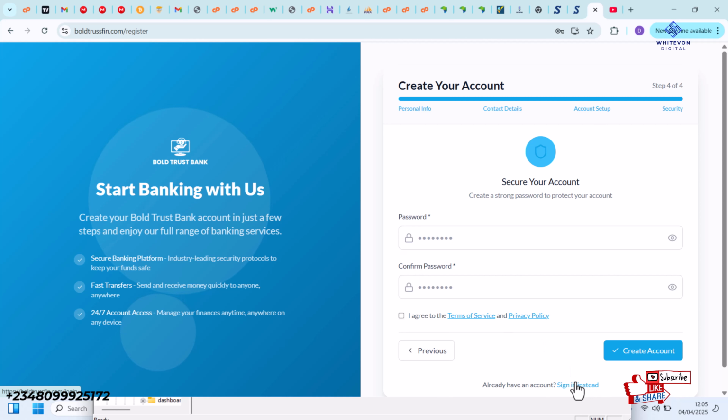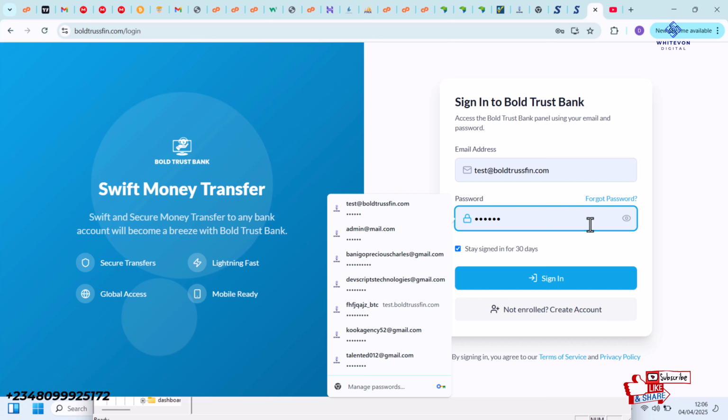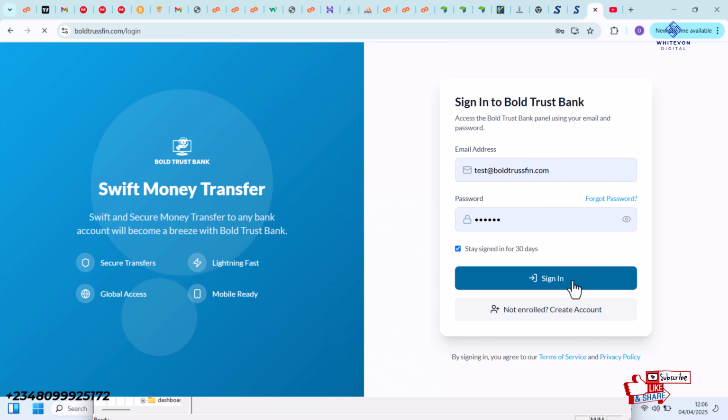So right here I'm going to put in my login details, my password. As you can see, it's not visible so that people cannot see your password when you're trying to log into your online banking app. It says stay signed in for 30 days. I'm just going to click on sign in,